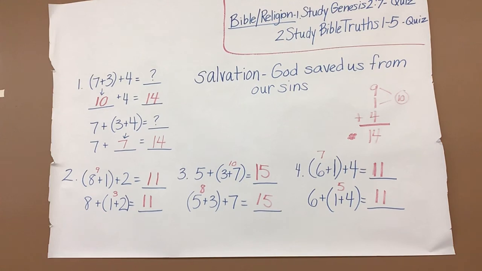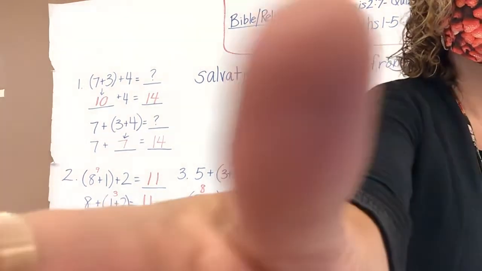Now, on this next one, I'm going to let you do it on your own for one reason. You get to choose which two numbers to put the parentheses around. So you can put your parentheses around the first two numbers, which means you're going to add them first, or you can put your parentheses around the second two numbers and add them first. So for the rest of the paper, I'm going to make sure you know the directions, but then